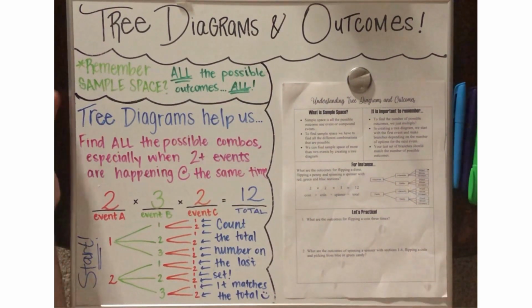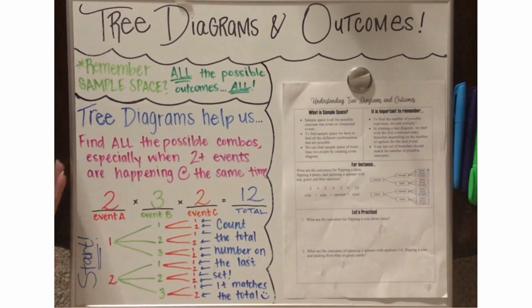Sorry about that. My first key point here is about sample space again. We just need to remember that sample space is all our possible outcomes. Moving on to tree diagrams, this is what's new for today. So tree diagrams are gonna help us find all our possible outcomes or combinations especially when there's two or more